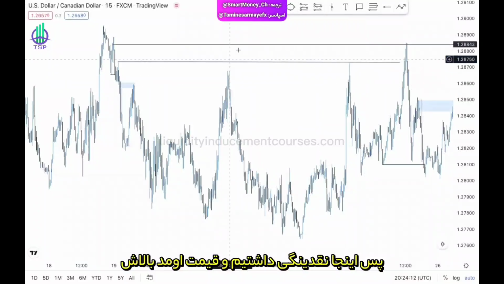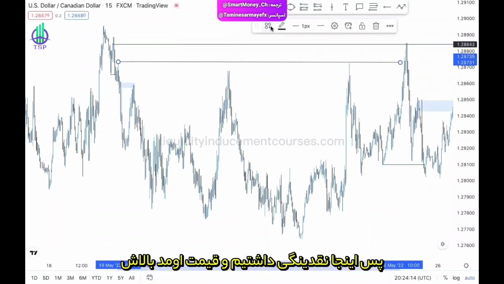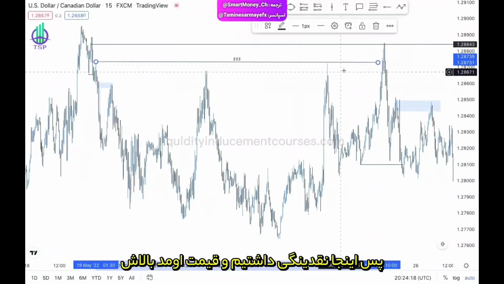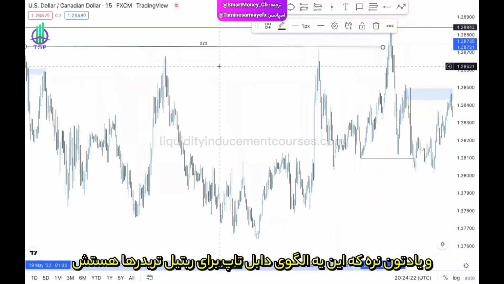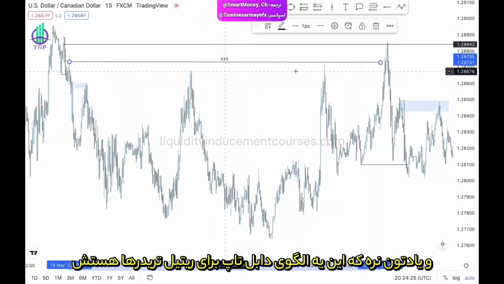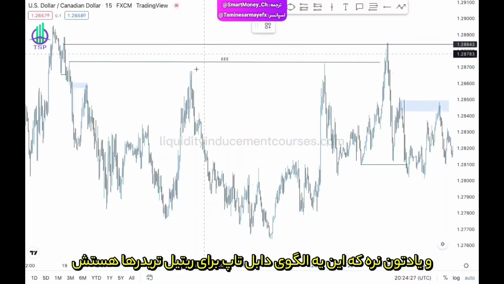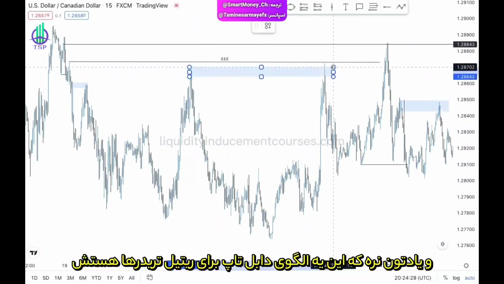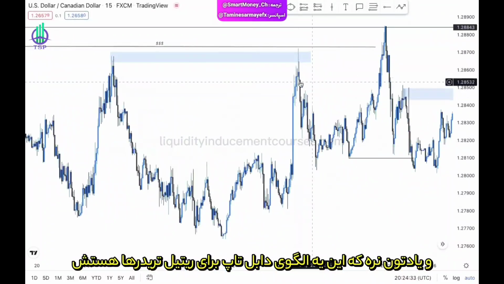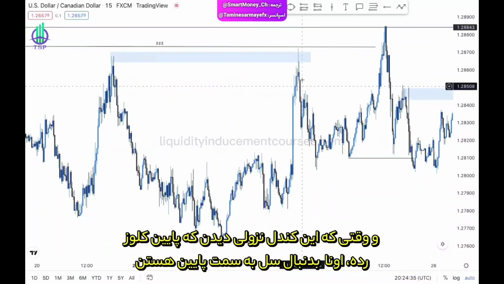small. Okay, so we had liquidity just here. We had liquidity on that top, and then price came above it. Now don't forget that this would have passed for probably a double top formation for retail traders, and then when we had seen this bearish candle close, we'll be looking forward to taking further sales